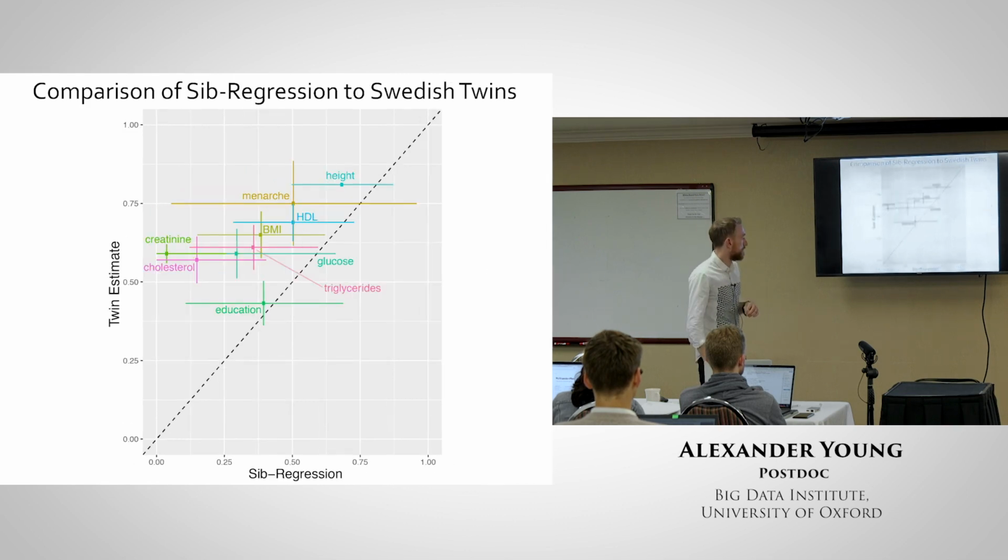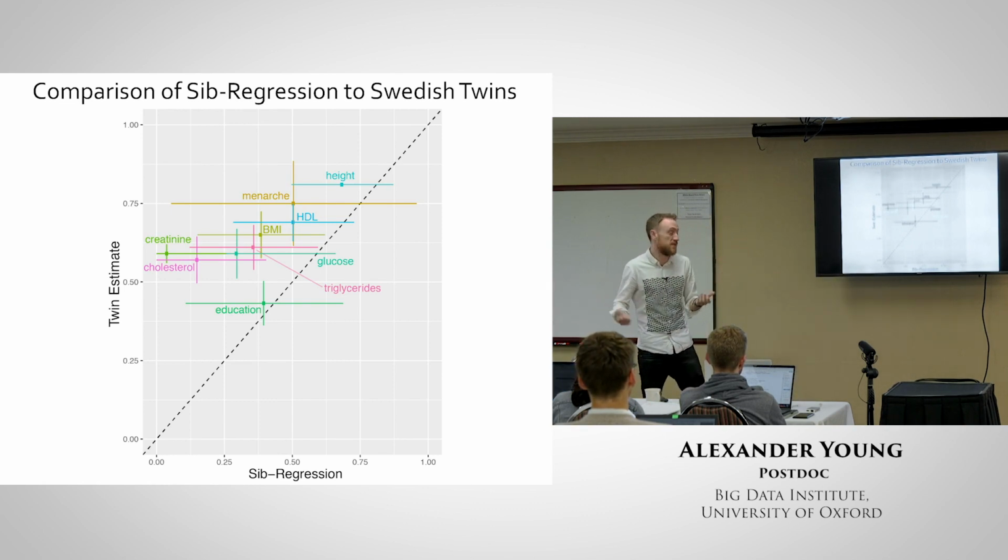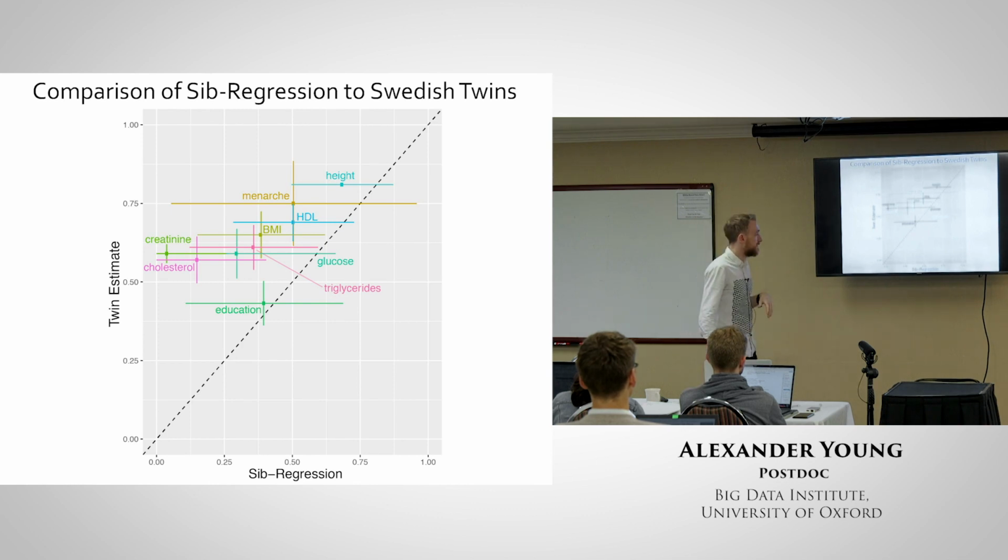If you say, oh well, my method's this new complicated method, it could be going wrong in all sorts of ways we don't understand. But the sib regression is very simple. Everyone thinks they understand that at least. And if you compare that to the twin estimates, you see a very similar pattern, apart from perhaps educational attainment, but I think the sib regression is biased by the indirect effects between siblings, so that might explain that. So this is a question I think needs answering: there is this gap between twin and genomic-based methods, and I don't think anyone really knows the explanation for that yet.